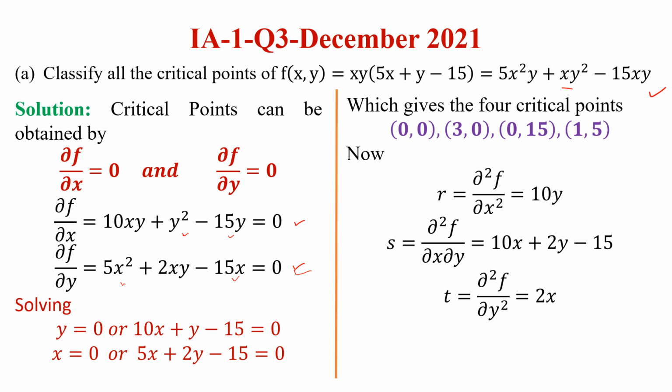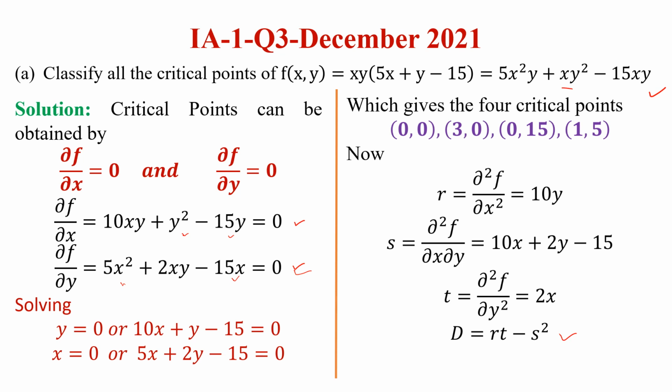Lagrange's method is not what we are going to use. We are going to use the second order derivative test. For that we define D equal to rt minus s square. In some books RST is defined in another way, so D will be calculated accordingly. So D is rt minus s square. Symbolically you can remember it as del 2f upon del x square times del 2f upon del y square minus (del 2f upon del x del y) square. So this is the form.